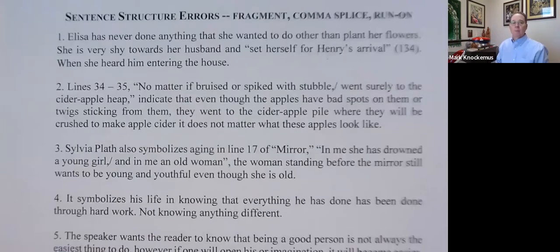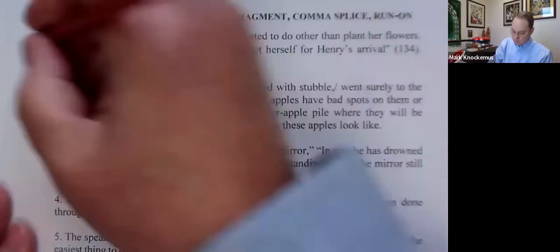Number one, Elisa has never done anything that she wanted to do other than plant her flowers. She is very shy towards her husband and set herself for Henry's arrival. When she heard him entering the house. Anybody see what's going wrong there? On this first one,